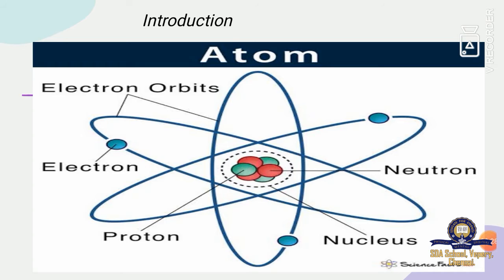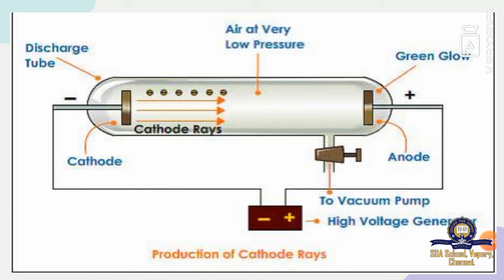So here you can see the cathode ray tube, which we have already learnt in our last class. We know that proton has positive charge, and the atom is electrically neutral, as electron is negatively charged. So there should be positive charge also in order to keep the atom neutral. And these particles are found in cathode ray.